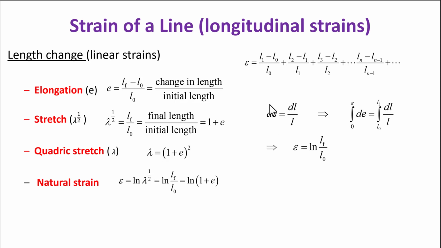Integrating all the infinitesimal increments gives the finite strain. And this is natural strain. So when strain is large, natural strain is a very good measure. When the strain is small, so in the limit, the elongation is very small, then using this mathematical limit relationship, natural log of 1 plus e is approximately e as long as e is very small. So for infinitesimal strains, elongation is the same as natural strain. The distinction between the two disappears.